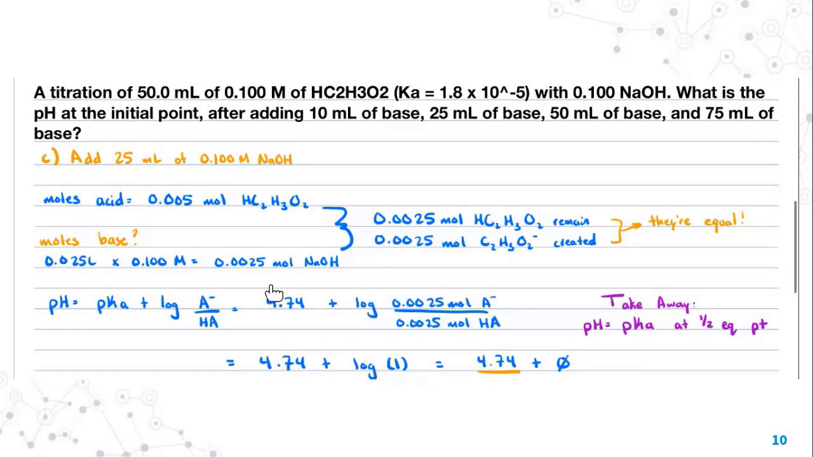All right, so let's see if we add in 25 milliliters of that base. So again, we originally had this many moles of acid, and then